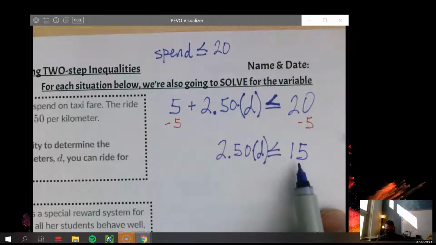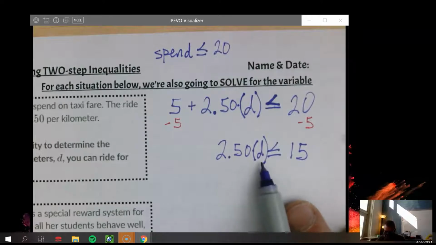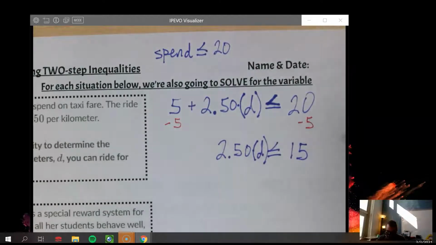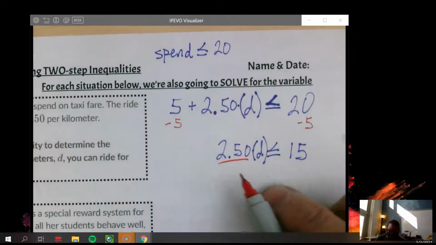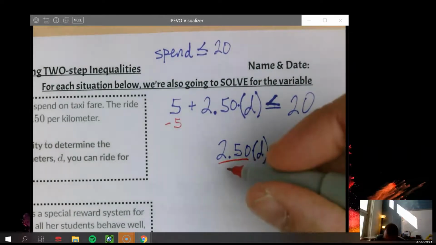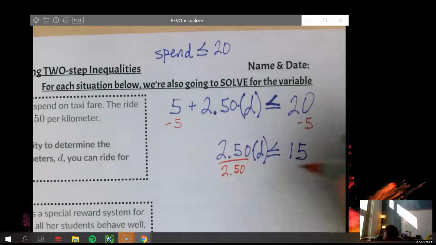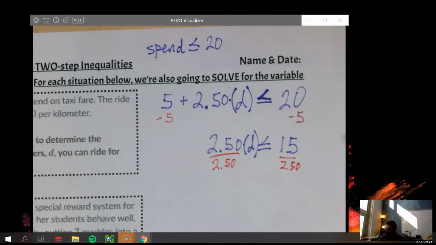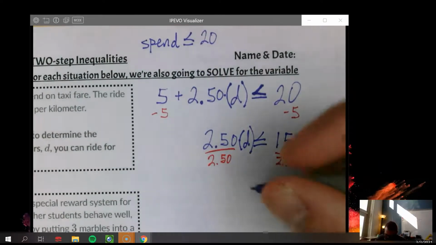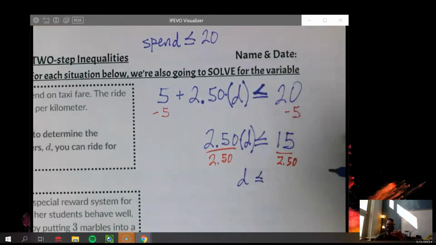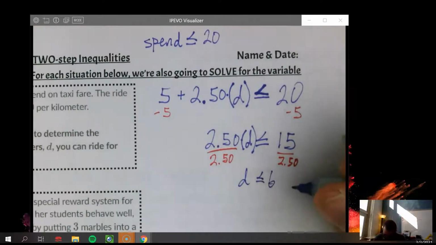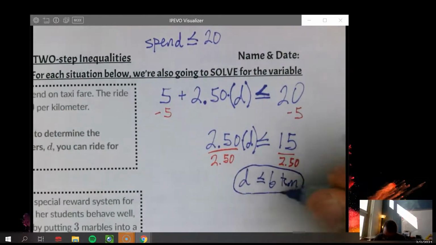So now, Isaiah, what am I going to do to get D by itself? Careful, we divide both sides. You're right, but we divide both sides. So don't specify, just say both sides. And again, calculator. Guys, I'm not trying to make you do this in your head. D is less than or equal to, is it an even 6? Sweet. And then throw a label on there. D is less than or equal to 6